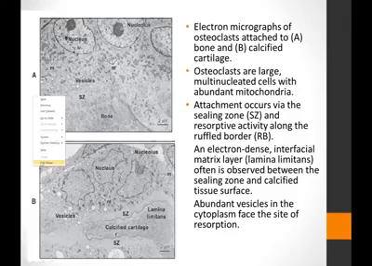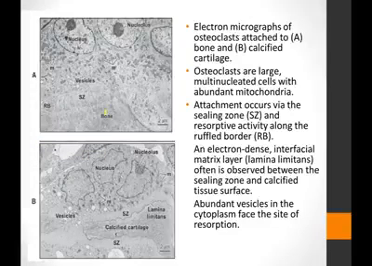This figure, figure A, shows an electron micrograph of an osteoclast attached to the bone surface. This is your bone surface, and attached to it you can see the osteoclast, and inside it you can see numerous nuclei, 1, 2, 3. So it has multiple nuclei. The part of the osteoclast that directly contacts the bone surface is ruffled. This is the ruffled border, and